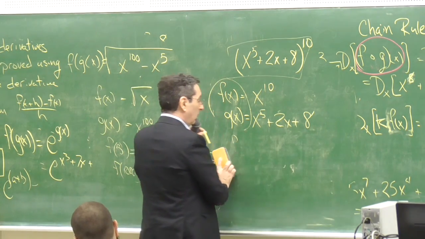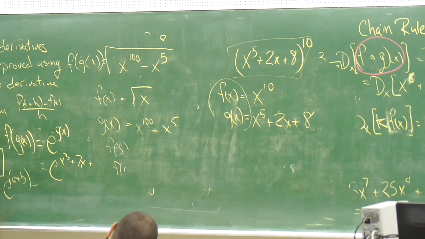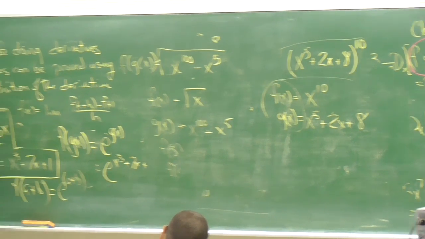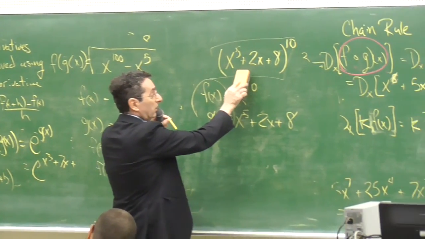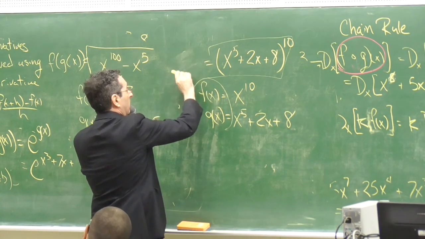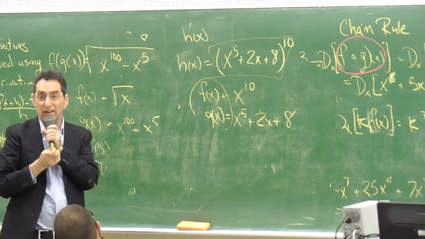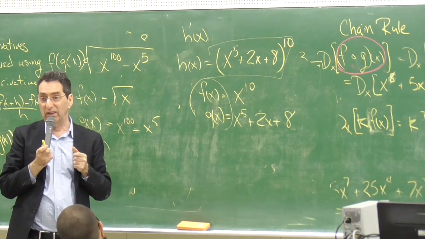Now that we understand the composition of two functions, we said we were looking for derivatives of sums, subtractions, products, and divisions. It would be nice if we could have a rule for the derivatives of compositions. Because that would enable us to take this function. If I asked you to find the derivative of this function, let's call it h, you could do it,